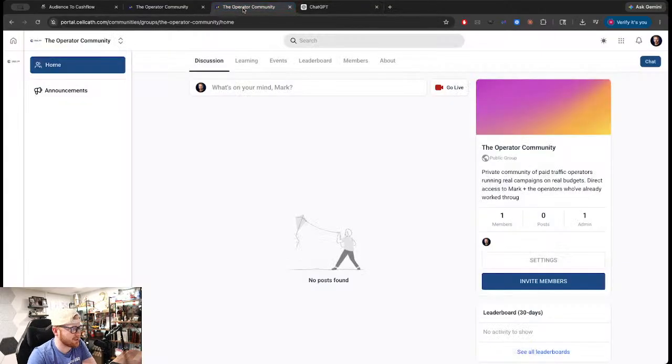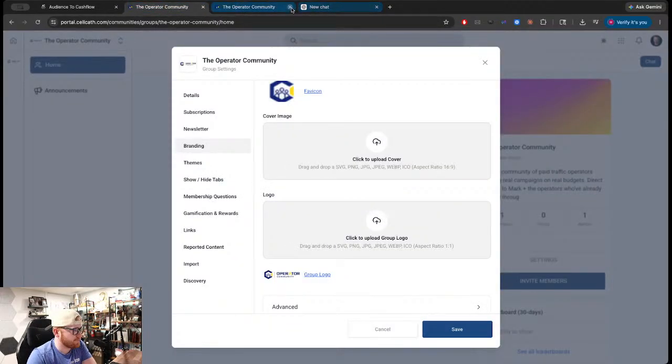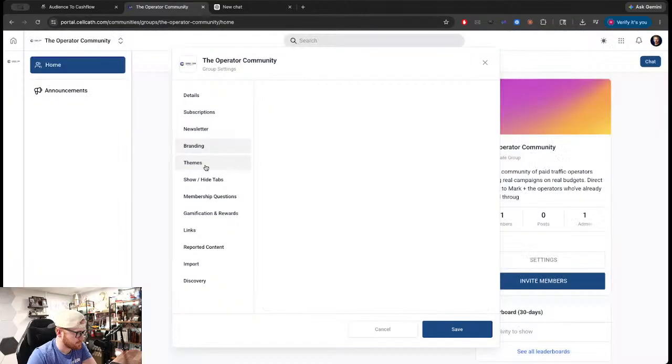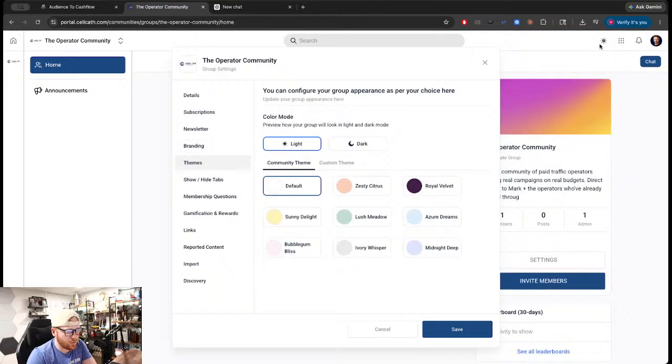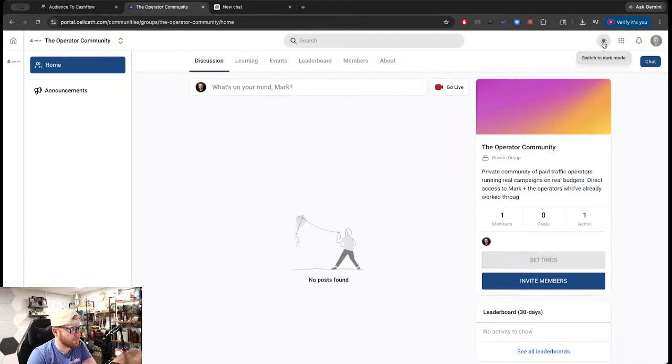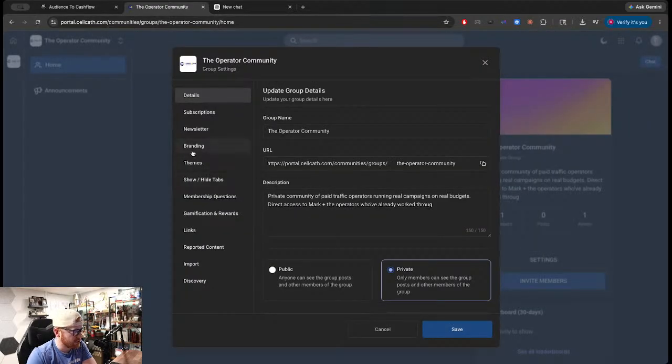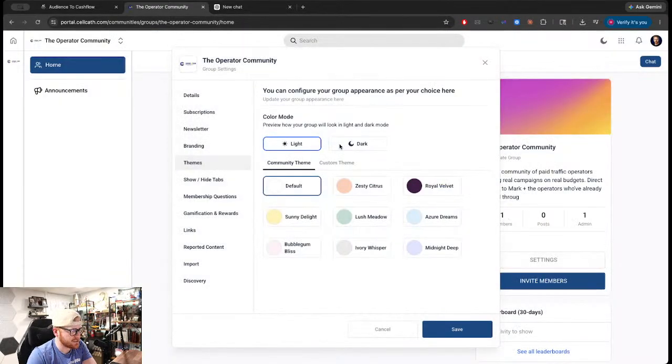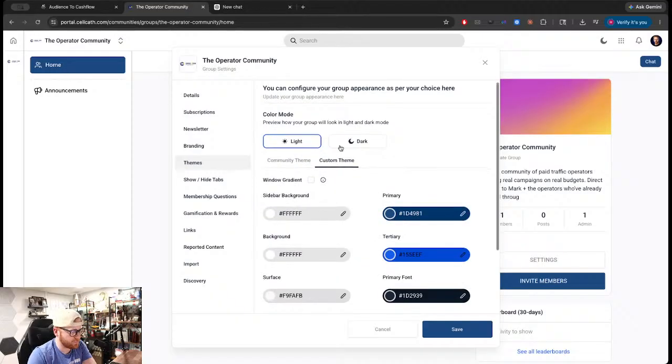Alright, so while that's working, we're going to come back here into our settings and go to themes. Now, what I do like about high-level community is you have a light mode and a dark mode. But it's very important to understand that you have to change and customize each of these individually. So we're going to go into light mode, do custom theme, and I'm going to grab my color codes for